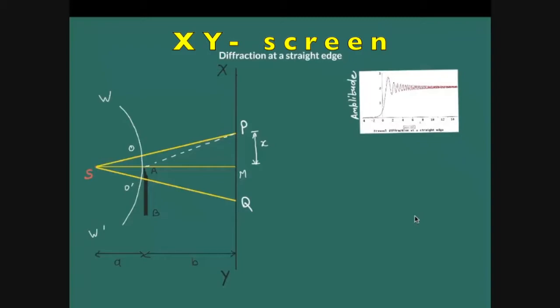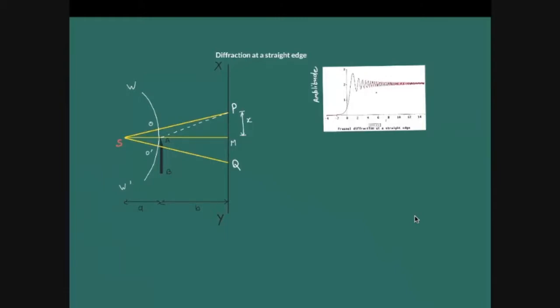As you see, small x is the distance at which we are going to calculate the intensity profile depending upon the distance A and B. O is the pole of the wavefront when I am joining S to P. O prime is the pole when I am joining S to Q. The straight line which is joining source to edge at point A is reaching to M, which is basically center of the screen. Okay. Now here we need to look at 2 to 3 important things.